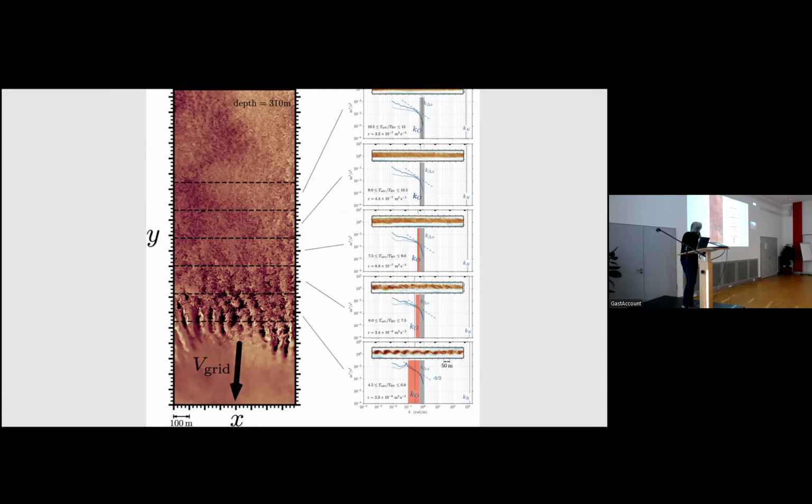These are spectra averaged over different times. So it takes about four buoyancy periods for the turbulence to develop. But very quickly, so I don't know if you can see this, but the dark line is the